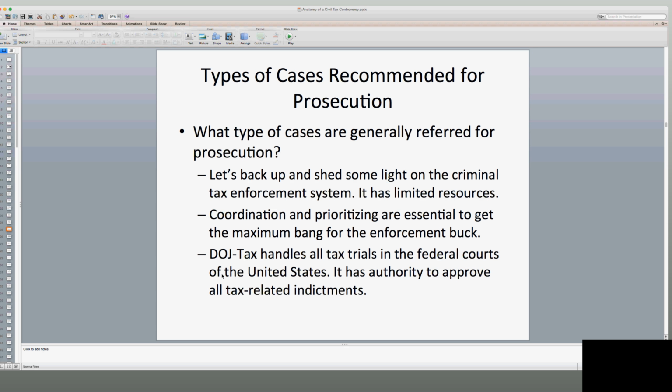And my experience has been that I've had some tax evasion cases in those local federal courts that were not handled by an AUSA from DOJ Tax. They were actually handled by the AUSA in the local regional office. Again, DOJ Tax filters them and determines which ones it's going to keep and which ones it's going to delegate.